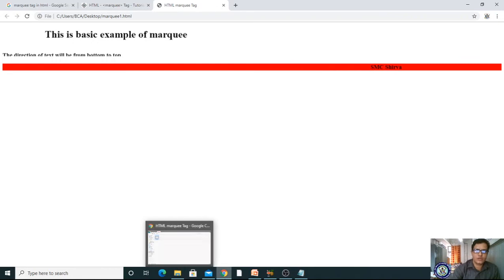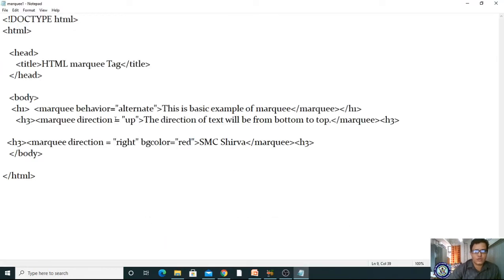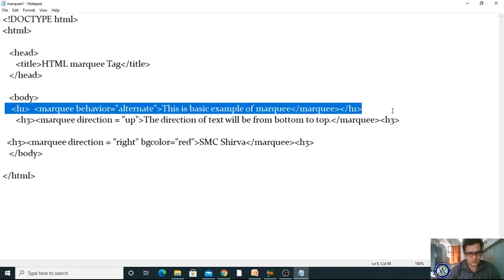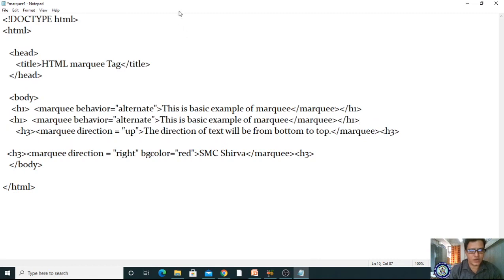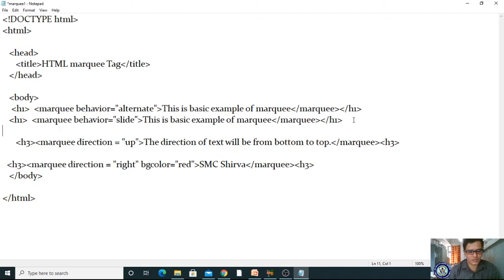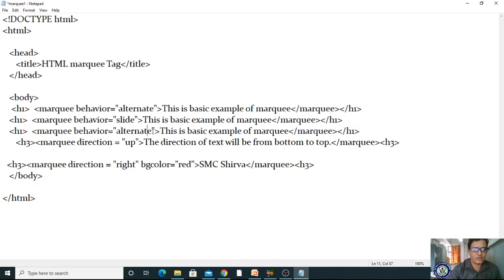Yes. Got it. Now you are identifying, right? What is the usage of marquee alternate? It moves to and fro. Now I'm taking the same alternate, but I'm giving it as a slide. Slide means, you know what will happen. Once it touches the edge, it will end. And I'm taking one more thing. Now it is scroll. Scroll is not required for default, it is the same.